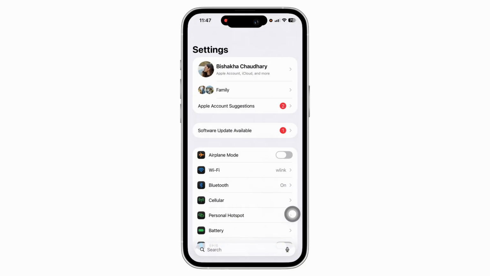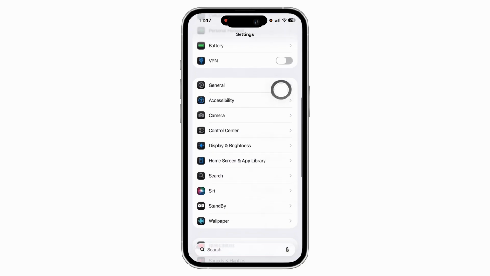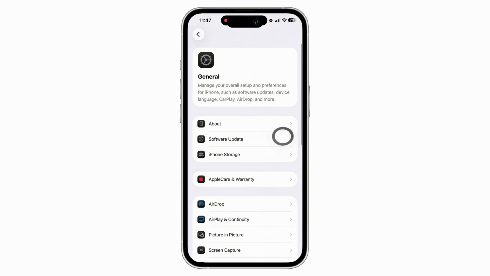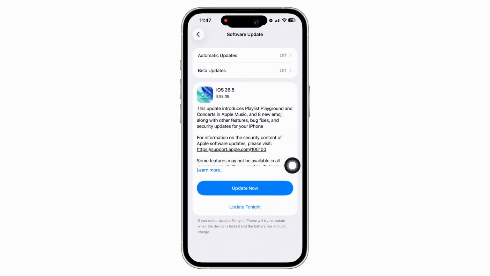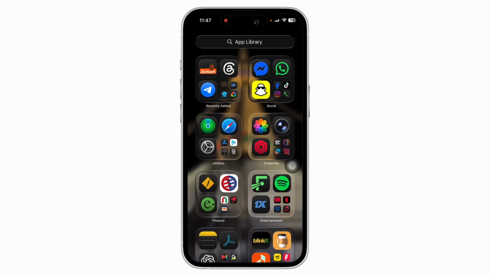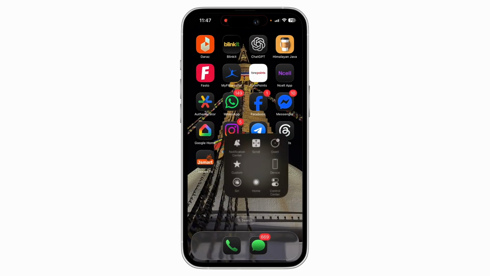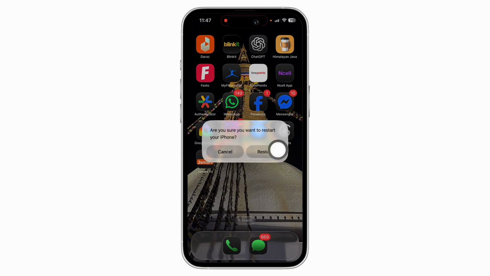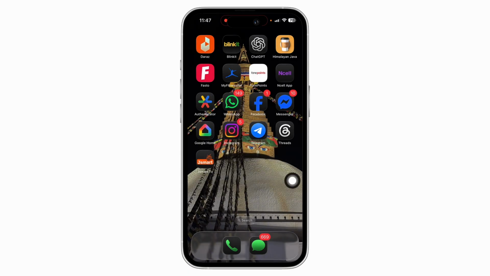If not, then go a step back and then tap on General and then on Software Update. Here, make sure that your iPhone is updated to its latest version, and if not, then update your iPhone. Also, you can try to restart your iPhone, as a simple restart helps in fixing the majority of minor glitches